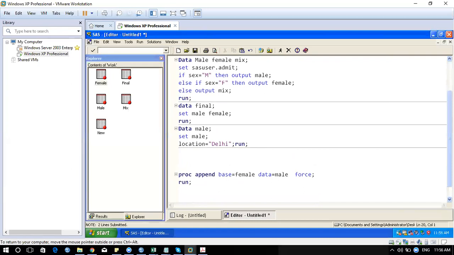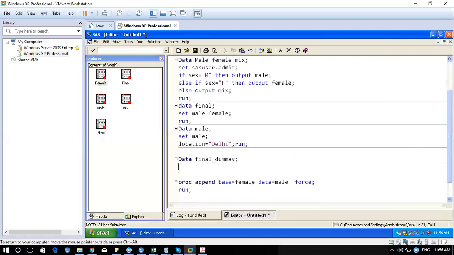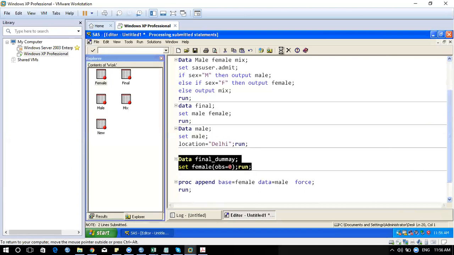Let's say I create data, this is final dummy. I only want to capture the variable names. So for female, if I say OBS equal to 0, it means I'm not taking observations into account, correct? With the help of this, I'm able to create the dummy variable file.